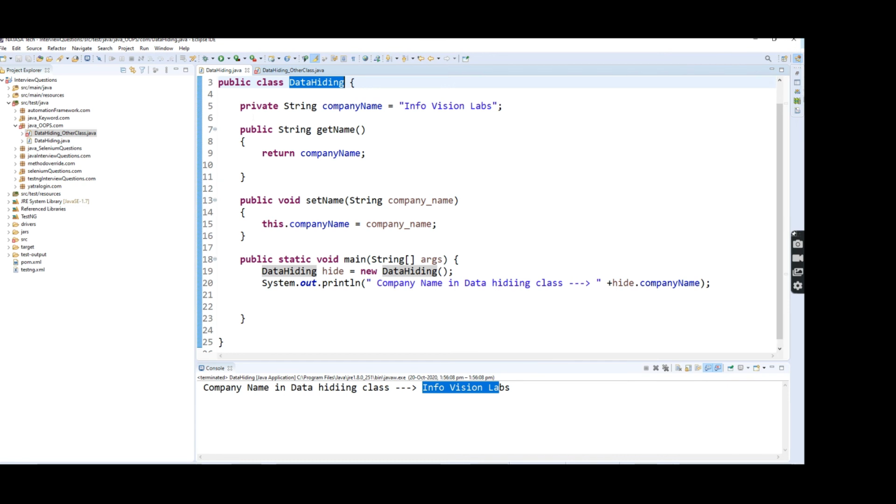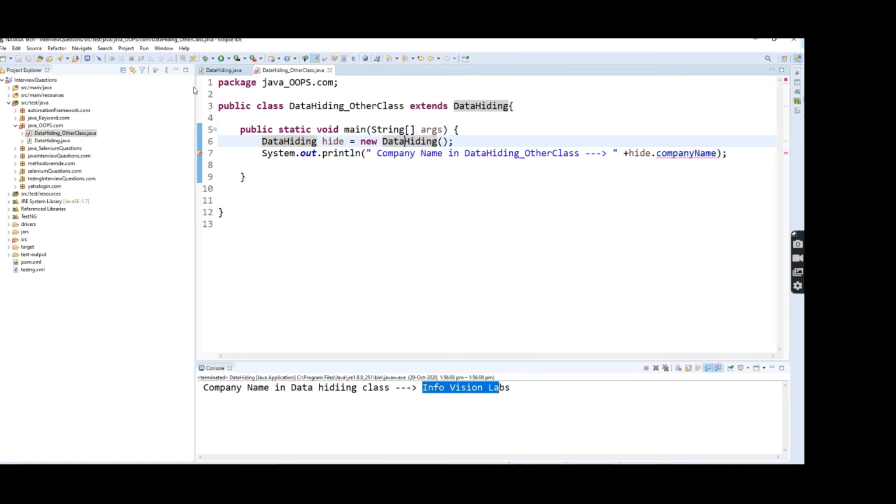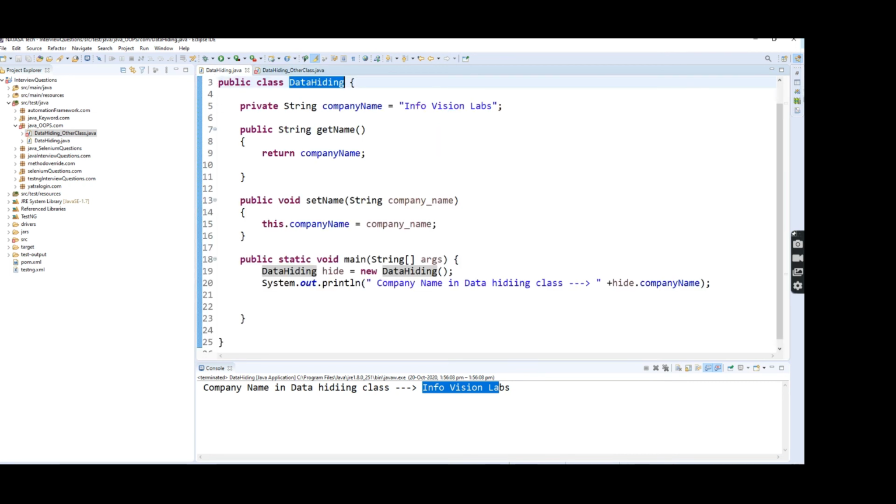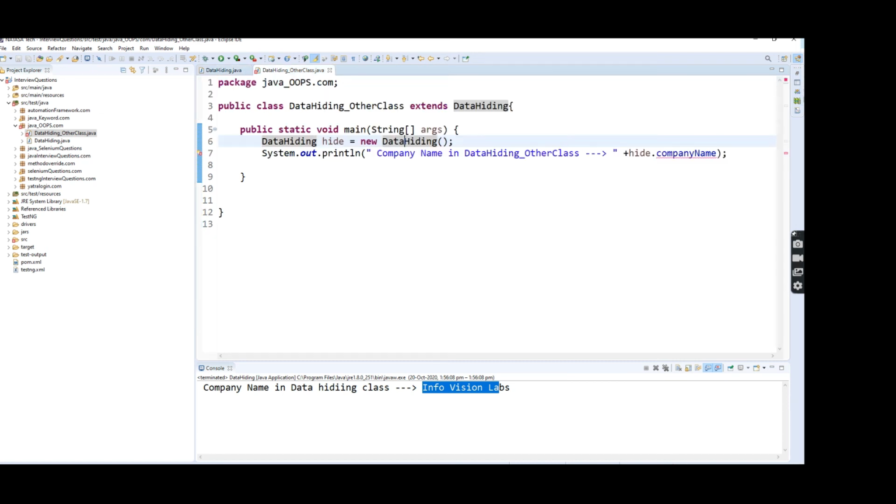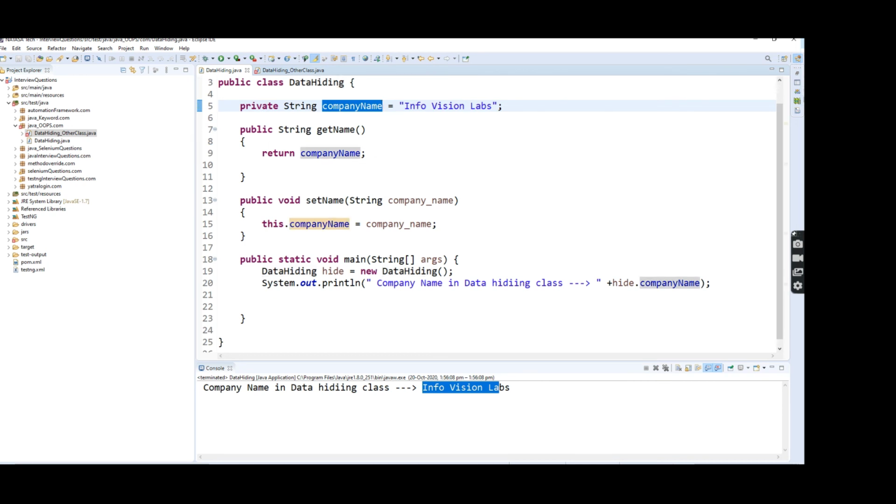Here we declared two classes, DataHidingOtherClass and DataHiding. Inside the DataHiding class, we store the company name as private. I'm trying to access this inside DataHidingOtherClass, but I'm not able to. Why? Because this company name is declared private, so it can be accessed inside the same class only. An outside class cannot access this private one from anywhere.